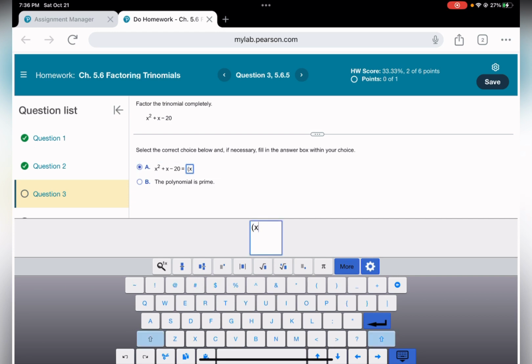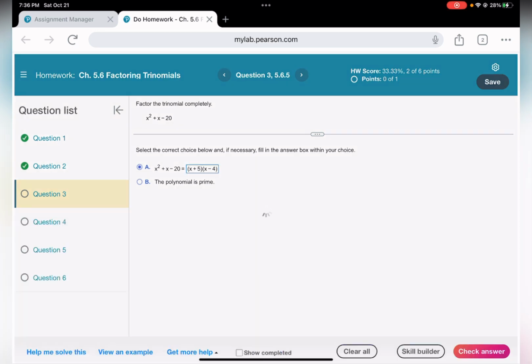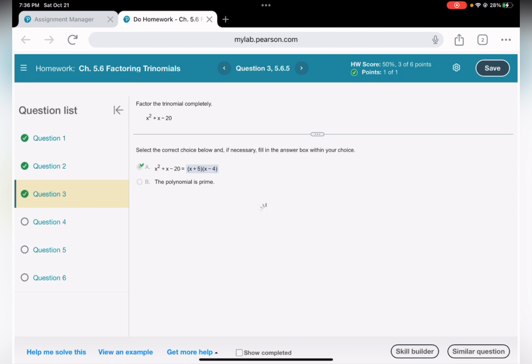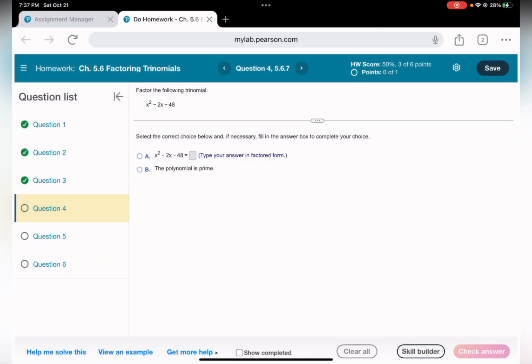X plus 5, closing and opening, and x minus 4. There we go. Okay,